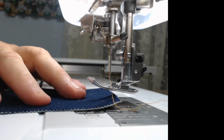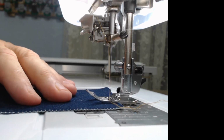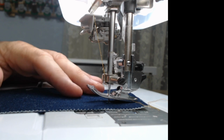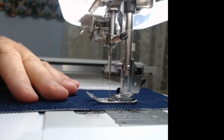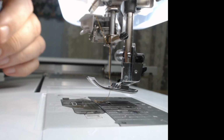So we're going to start off with one layer of fabric. Of course, we all knew that would be easy. And I'm going to go down a little piece. And I'm going to stop and I'm going to cut my thread. So there was one layer. Easy peasy. However,